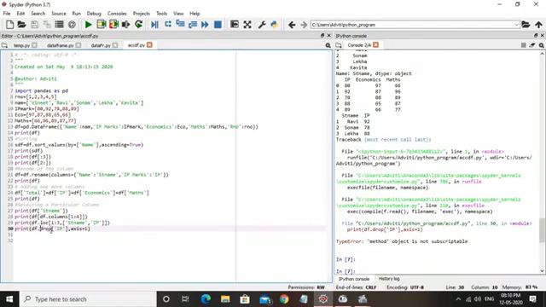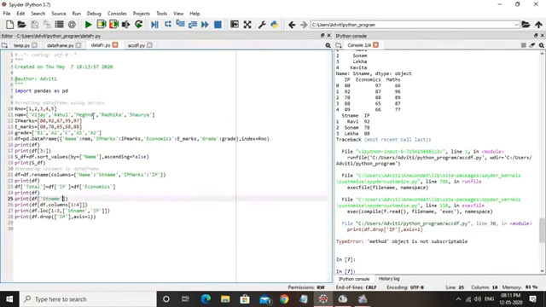Do you find any error in this program? Yes, df dot drop, and then using the drop method with ip, and the error coming in the line is method object is not subscriptable. Okay, fine, we will check it here.